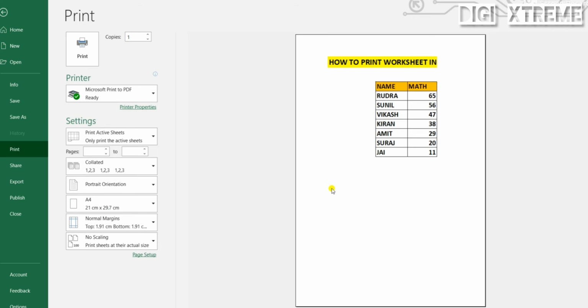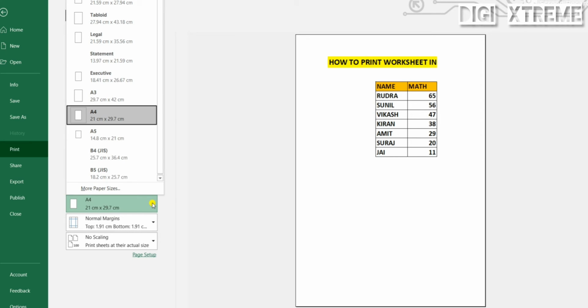It all depends on your data. If you have data in landscape format, then you need to use landscape orientation. But mostly data is printed in portrait orientation only. And from the A4 option, you can choose the paper size.